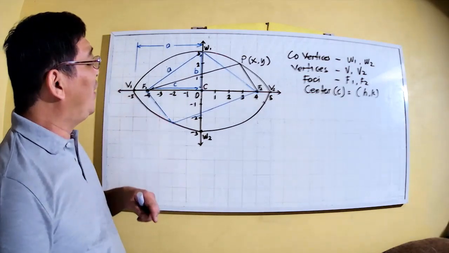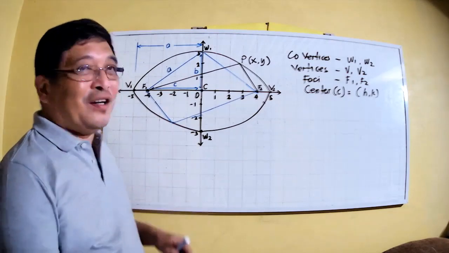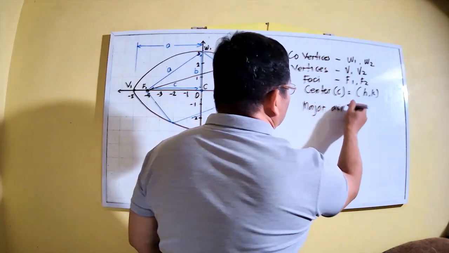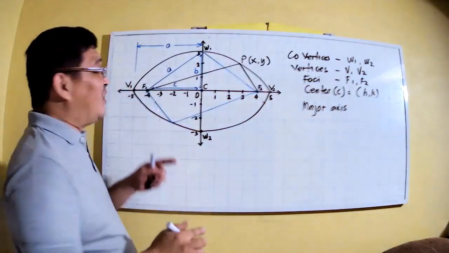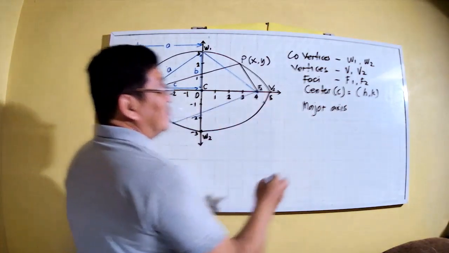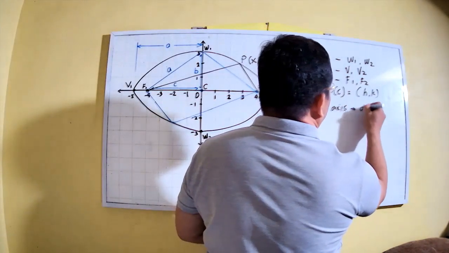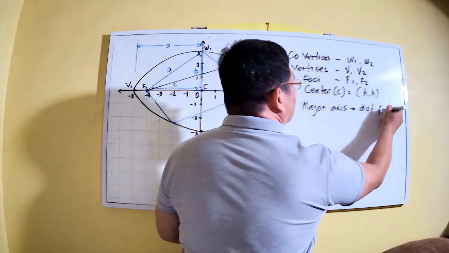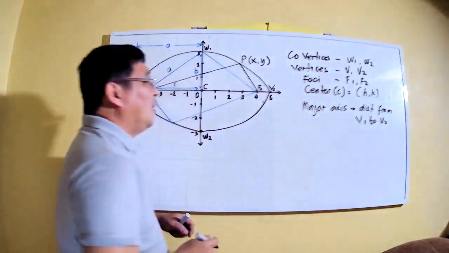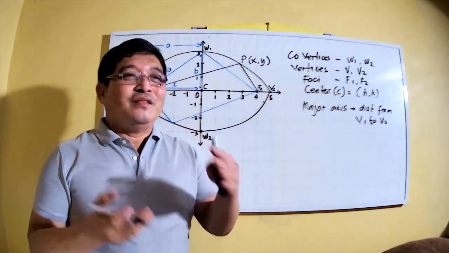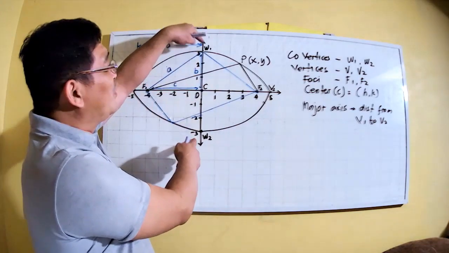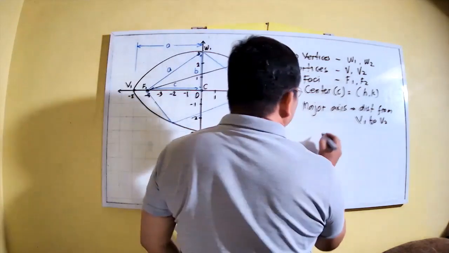What else? We have the major axis. The major axis is the distance from vertex 1 to vertex 2. And we have here another distance, the minor axis. From W1 to W2, we have